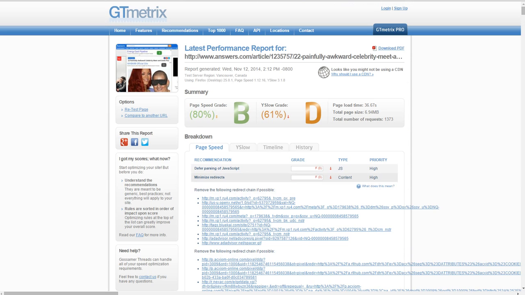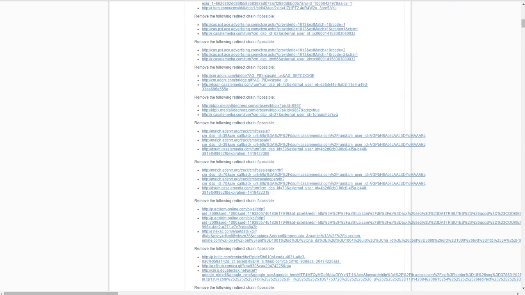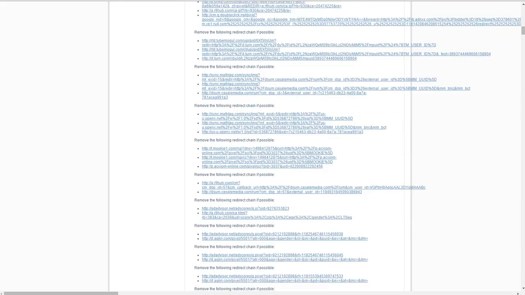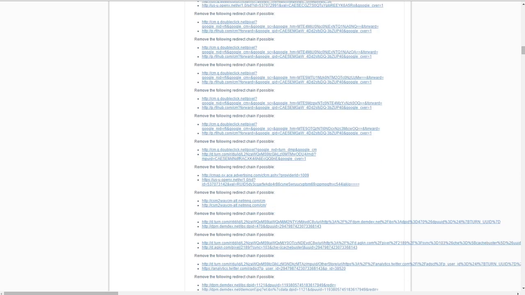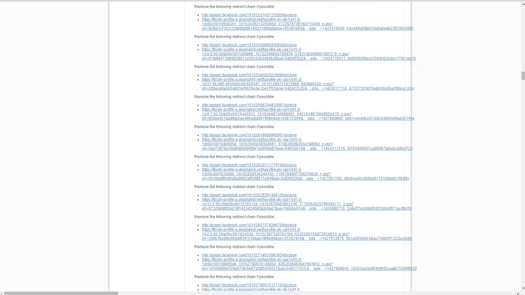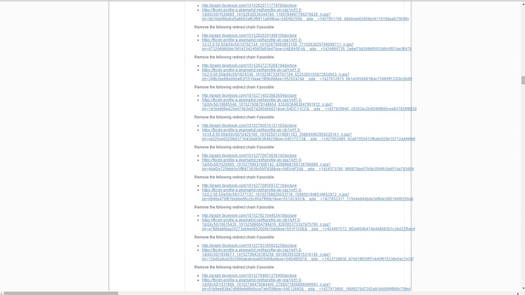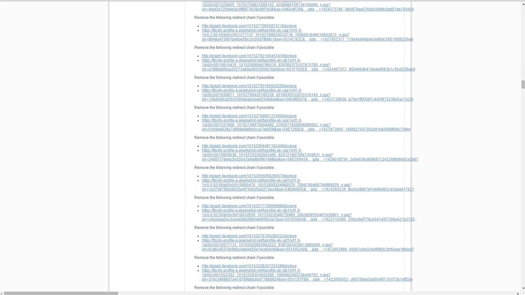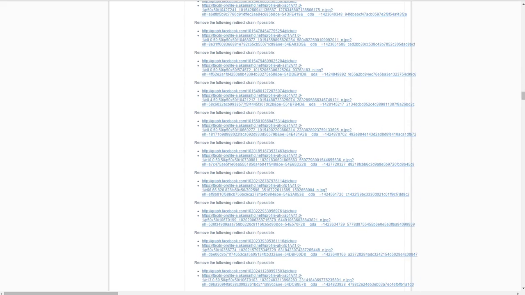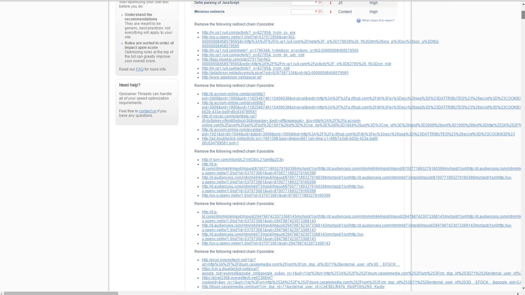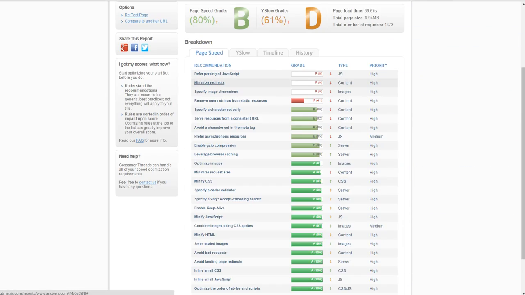The redirects. The ad networks are redirecting like insane. Redirect chains, more redirect chains, and then graphs, because the Facebook pictures should be going to the Facebook profile HTTPS version, because they're using the Facebook SSL to connect to it. So they have redirects of every possible image. That's what's really slowing down the load time.